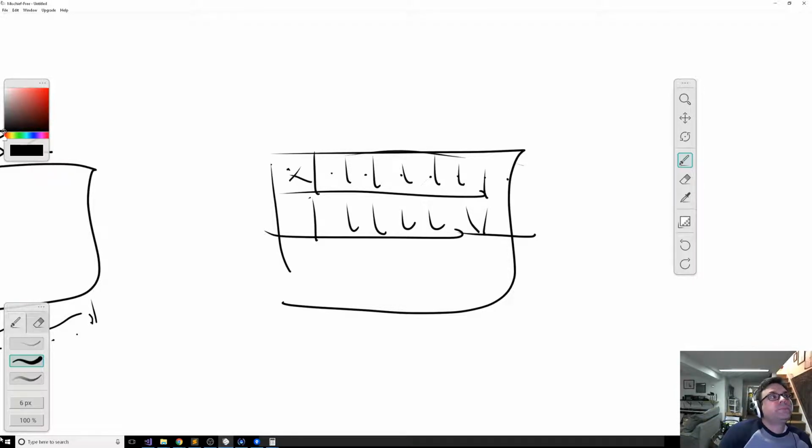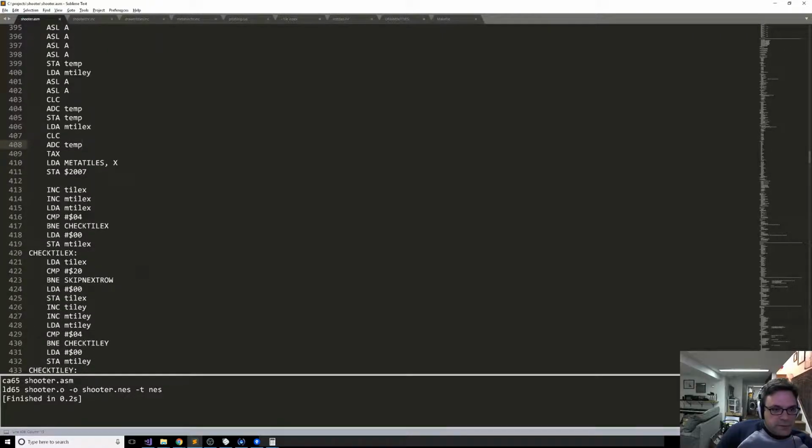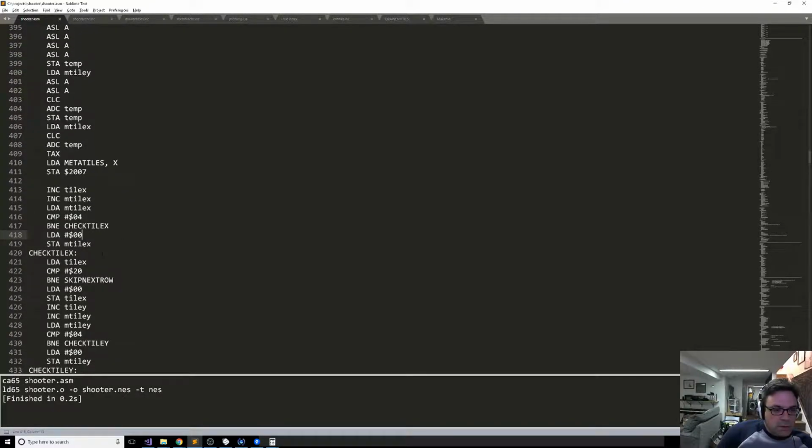And then I guess the only thing we could do to be a little bit smarter about this is, instead of incrementing X by 1 every time, we could say, okay, whenever we, I don't even know that this is going to help anything, but we increment M tile X, and then we do the A, we load it into A, compare it, and then if it's equal,